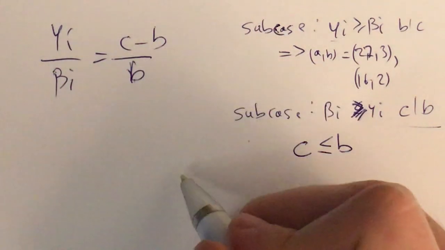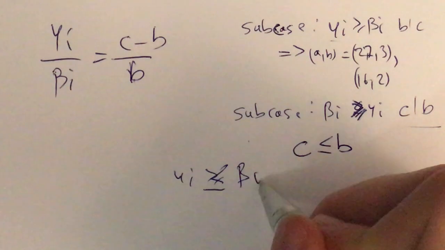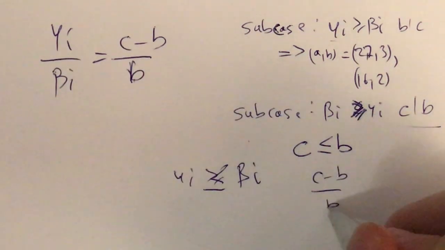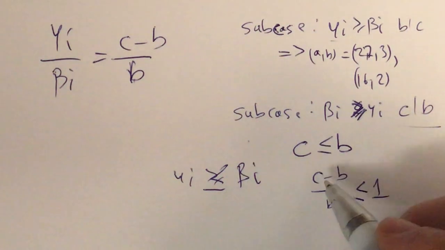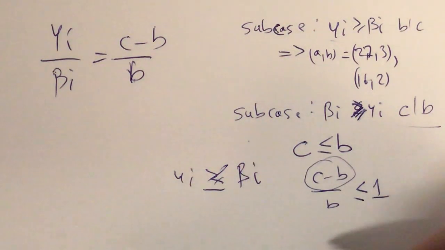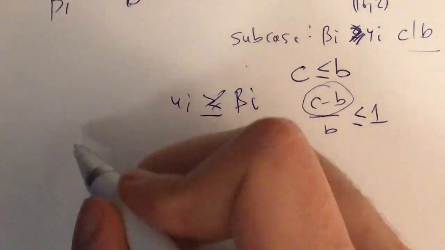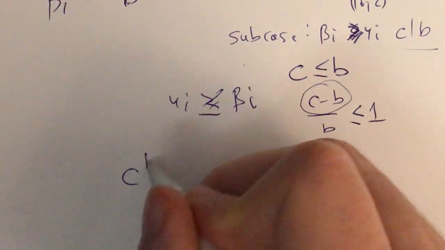And here this was all predicated on the fact that gamma i is less than or equal to beta i, which stemmed from the fact that (c minus b) over b was less than or equal to 1. However, if c is less than or equal to b, then this thing right here is negative, so this holds up. But what we get from our problem statement, namely that c to the power of b is equal to